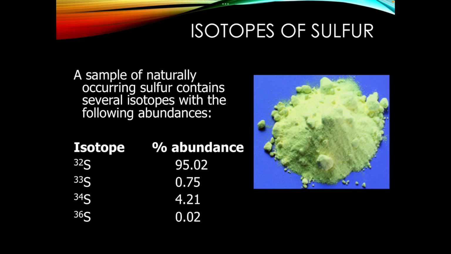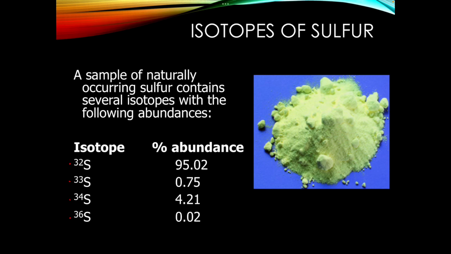So if you'll recall earlier, I talked about the fact that the atomic mass on the periodic table is not a whole number. This is because we need a way to reflect all of the different isotopes of that element into that atomic mass. For example, we talked earlier about sulfur. Sulfur is this yellow nonmetal powder that's kind of smelly, right? But there are a bunch of different isotopes of sulfur that are out there. So if you think about sulfur, sulfur can have a mass of 32, 33, 34, or 36.